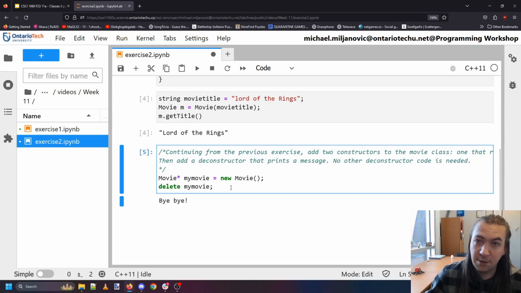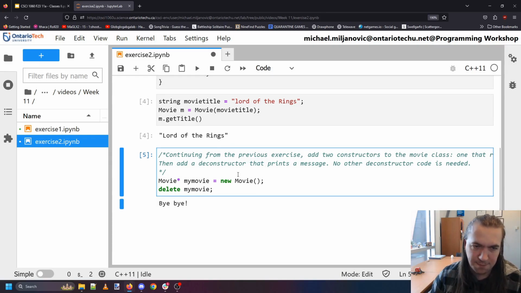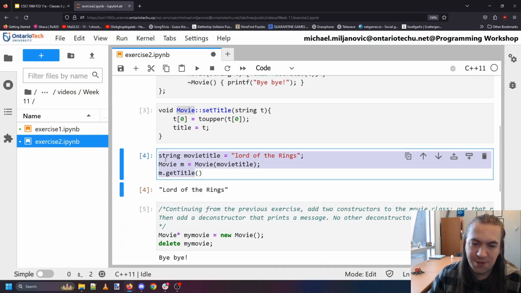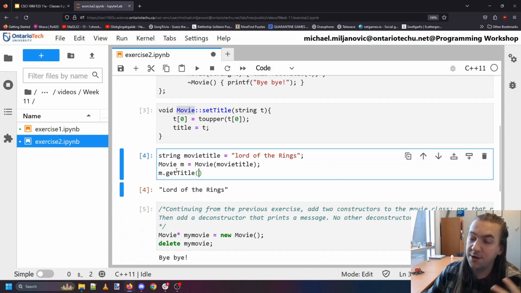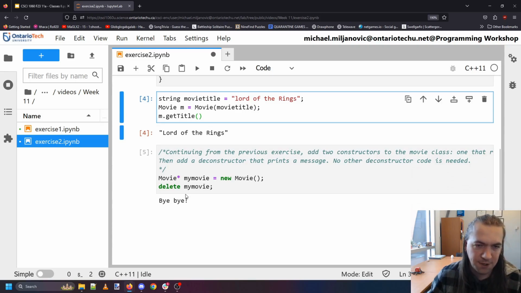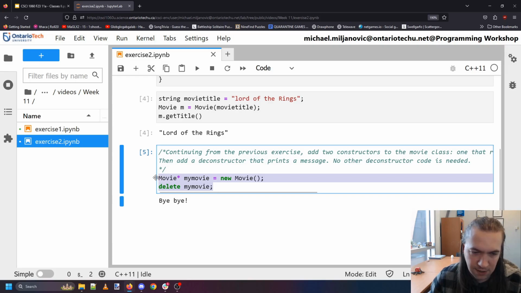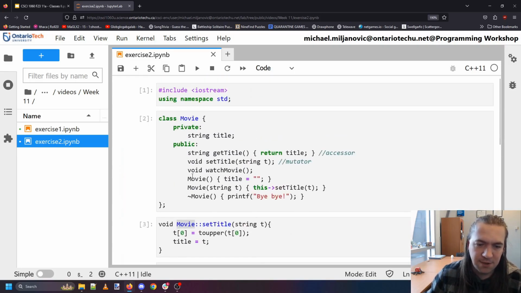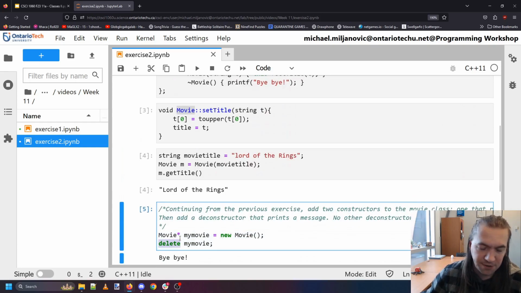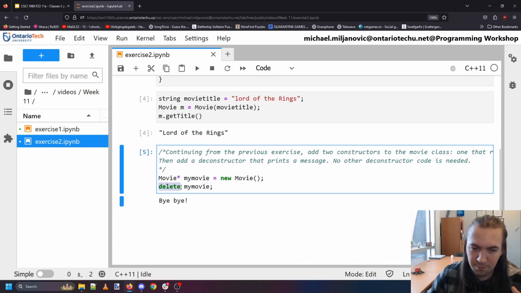Another time that the deconstructor is called is when a function has terminated. So if I'm making a new function and I put this inside of it, once my function terminates and this is gone from memory, it will also be called. And you can see that, I think, more clearly in a CPP file than in a notebook file. But you can try it out yourself just to see how it works. However, most commonly, the deconstructor is being used because you are actually deleting the movie using a pointer. Okay, so